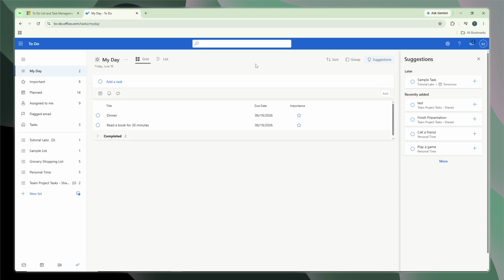Look for the button that says Add a Task and click on it. This will open up a new task entry field where you can start creating your repeating task. In the task entry field that appears, type in the name of the task you want to repeat. This could be anything from daily stand-up meeting to water the plants or submit weekly report. Make sure to name it something clear and descriptive so you'll know exactly what needs to be done each time